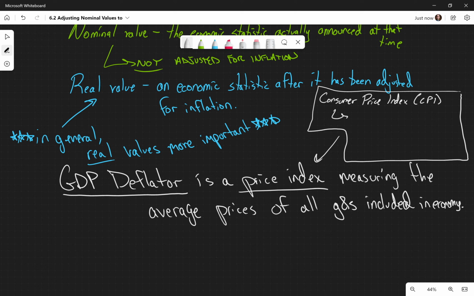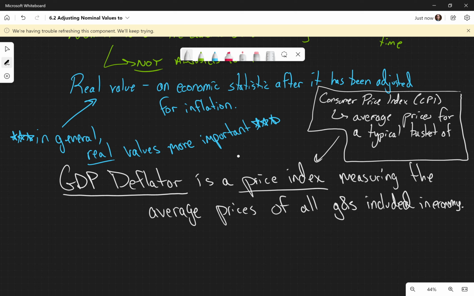And this is a price index measuring the average prices for a typical basket of goods and services